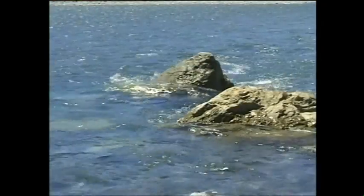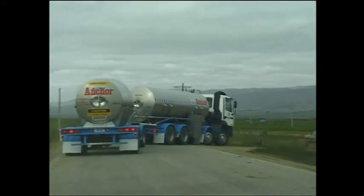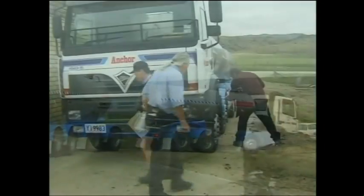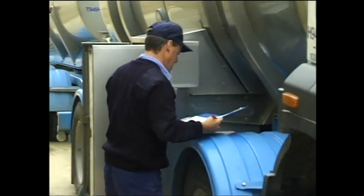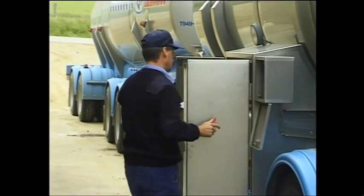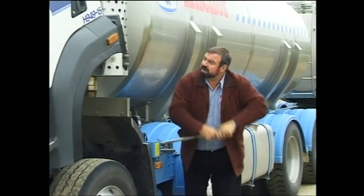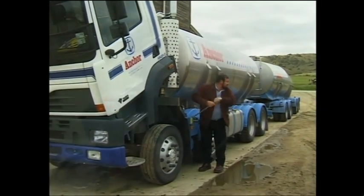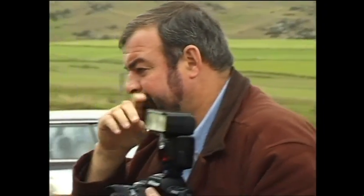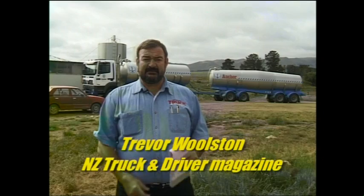In the Ranfurly district, we drive into the first dairy, and it's all action from the New Zealand Truck and Driver team, while Wayne pumps the milk. Well, today we're looking at a Foden Alpha, which is a British-based truck, with a strong association with the Kiwi brand through the PACCAR organisation. It's got an M11 Cummins in it. It's got the new Eaton 16-speed synchro gearbox. It's an 8-wheeler, and it's on milk pickup, which is a pretty